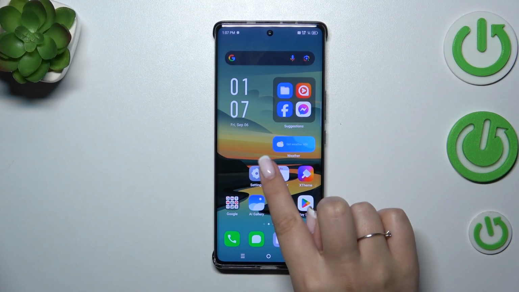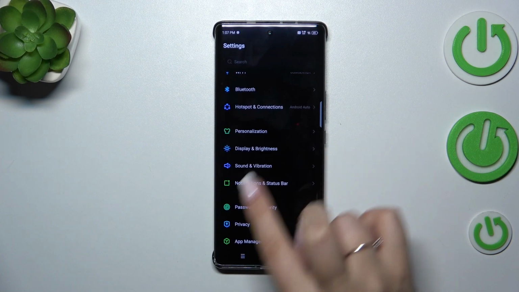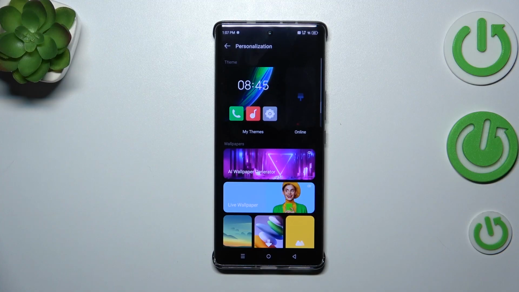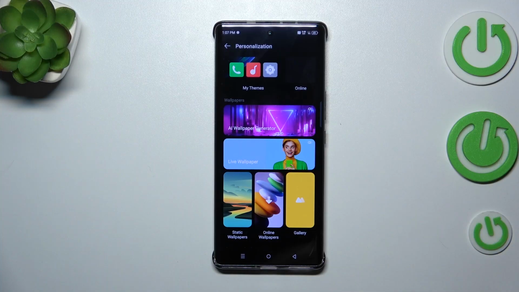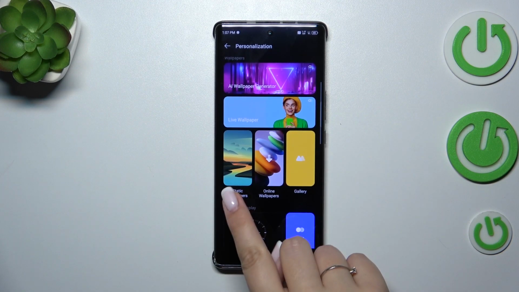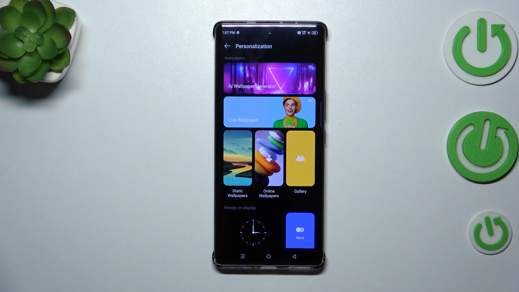So let's start with opening the settings, and here we have to scroll and find personalization. Then in this wallpaper section we can choose the album from which we can choose the wallpaper from. So we've got AI wallpaper generator, live wallpapers which are animated ones, static wallpapers and online wallpapers, which means that